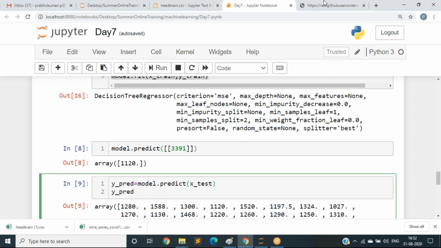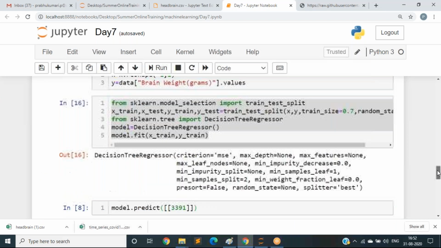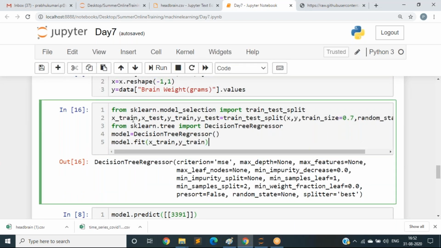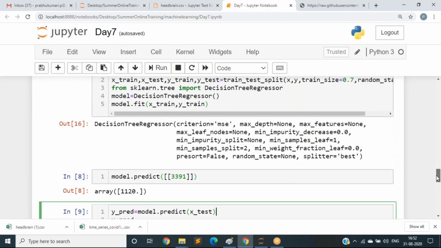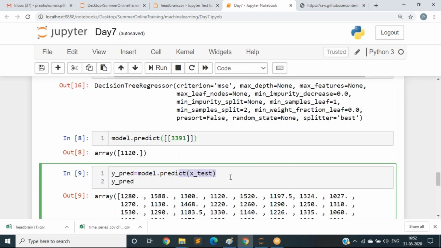See, to predict the values, we have split our data for training and testing, right? What does it mean? If you have 10 rows of data with you, we take 7 rows for training the model. And we take 3 rows for testing. That is why to predict your values, you need to take the test values. That is why I have taken some test values here.